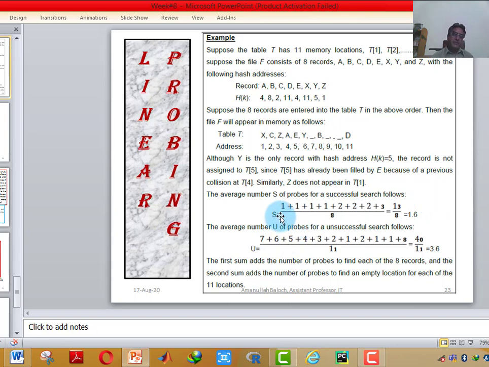You may see it here. If the 9th record's hash address is 1, and location 1 is occupied, it will go onward, jump these 6 memory locations and store itself at 7.